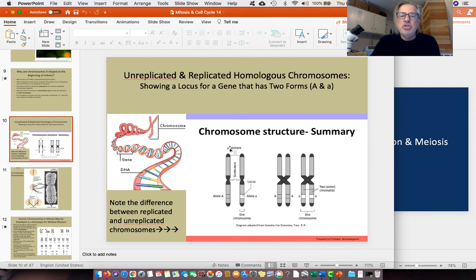We call these two chromosomes homologous because they contain the same gene. And their ancestry history is that one of them comes from the organism's mother and one comes from the organism's father. When we look at chromosome pictures, we will see that they sometimes look single or they sometimes look X-shaped,